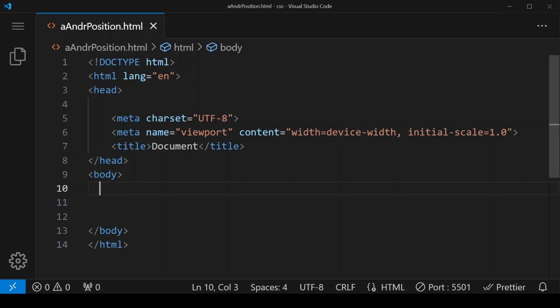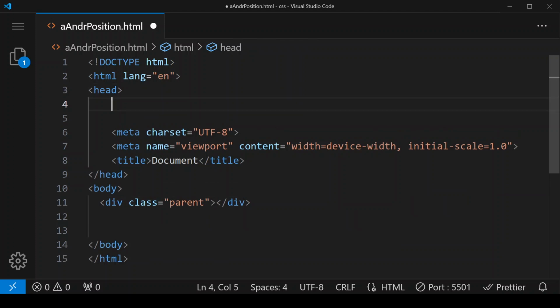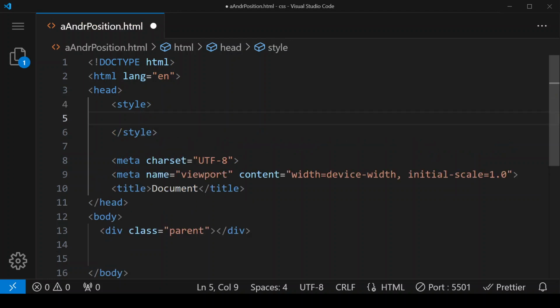Next in CSS, we are going to understand absolute and relative position. So here in body section, I am creating one div and assigning a class parent to it. So this is a div to which we have assigned a class parent, which we are going to create now. So first of all, in head section, we have to give style tag, and within this style tag, before